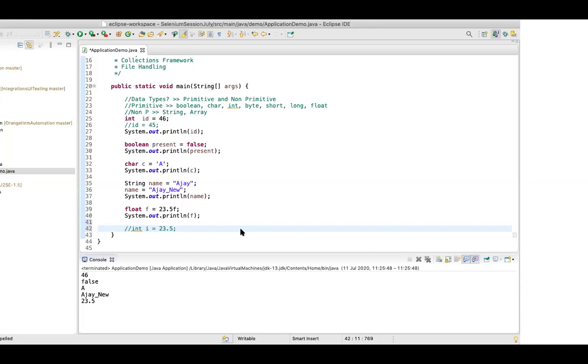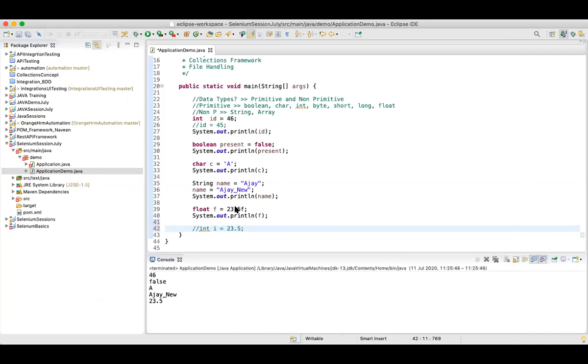If I know that I'll be storing only numbers from 1 to, let's say, 100, then you can use byte instead of int because it will save memory.